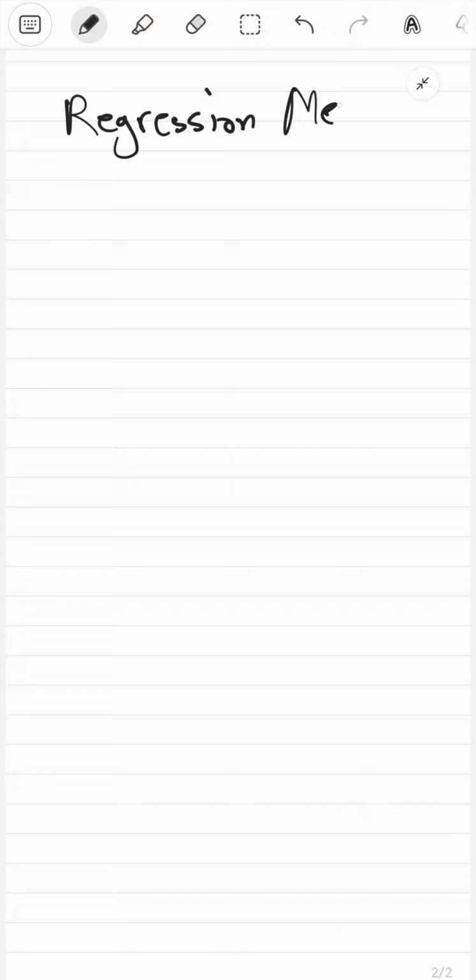So regression metrics. We essentially use the mean square error. You might say, why not the SSE, the sum of squared errors? The problem is SSE scales up with the data set. So the more data you give, the bigger the SSE will be, and that doesn't make sense, because say that